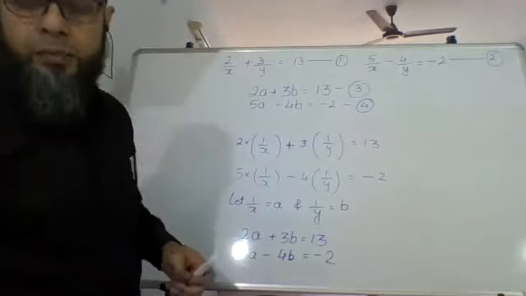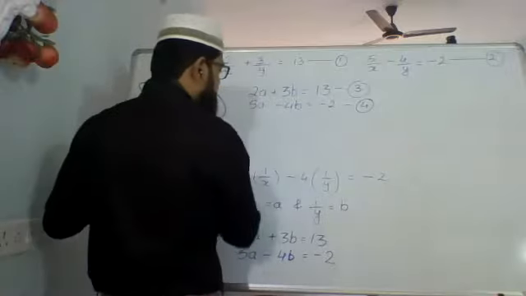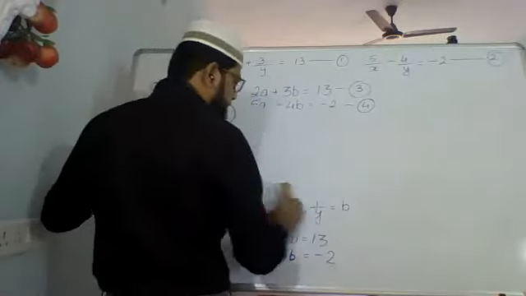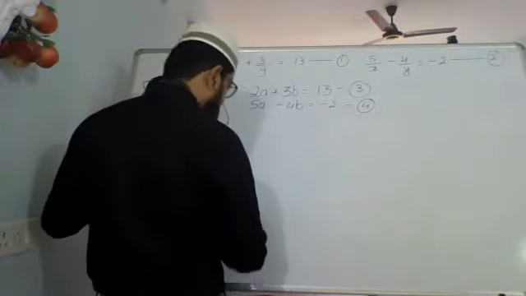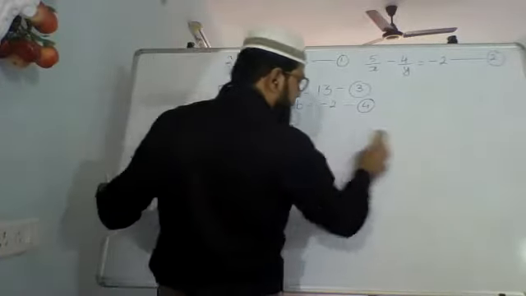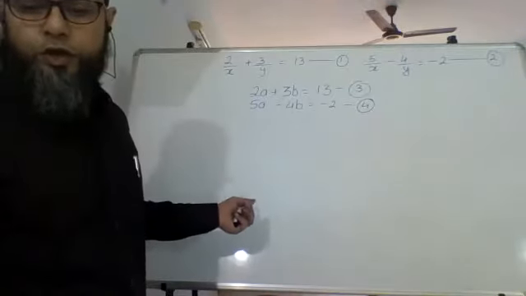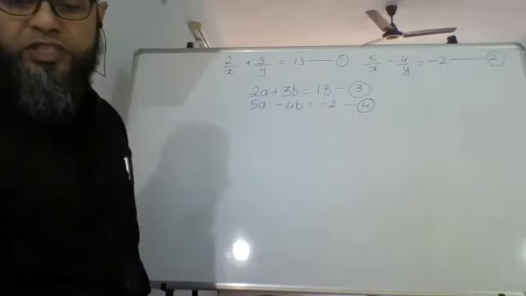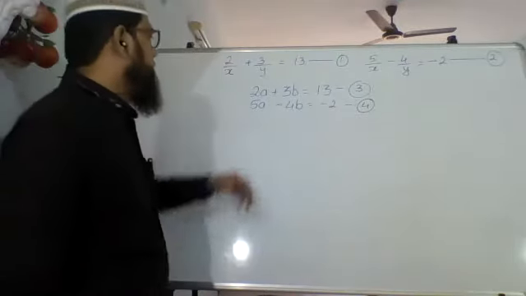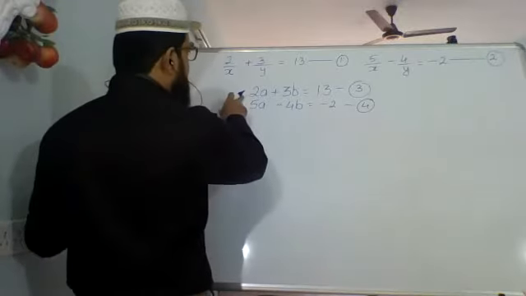After this, I am going to solve it using the regular methods, not graphically, because graphically will take time. I can do it by cross multiplication, substitution, or elimination. All those methods I can use. Whichever method you want, we can use. Okay, so whichever method you use, let's see. This is 5, this is 2. I'm going to go by elimination.